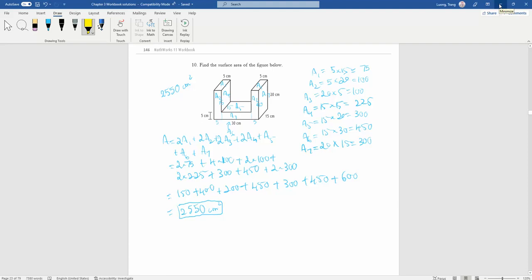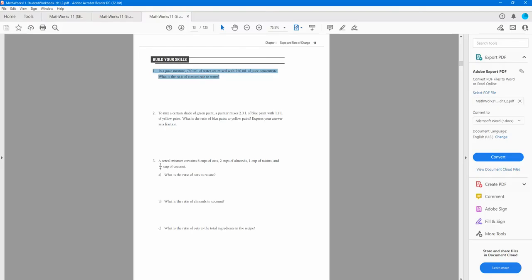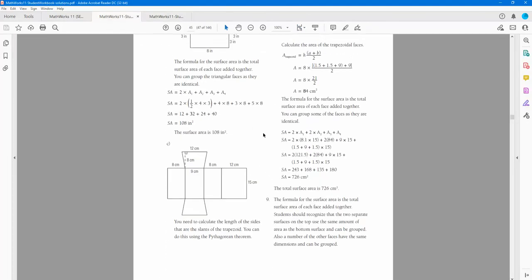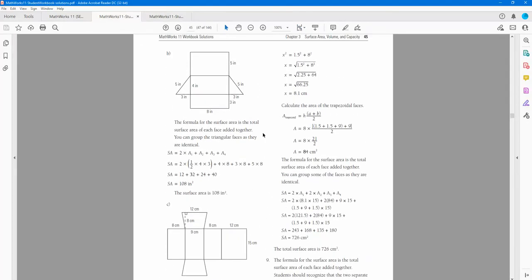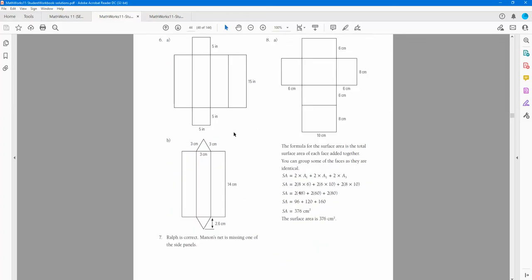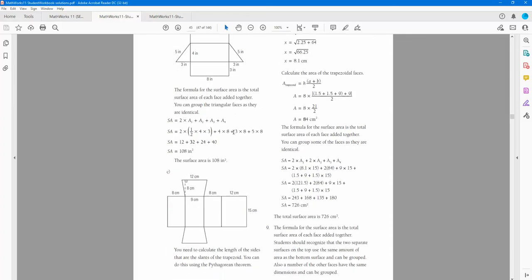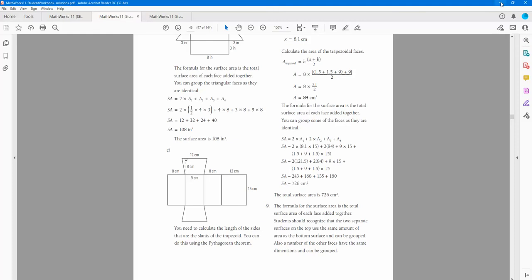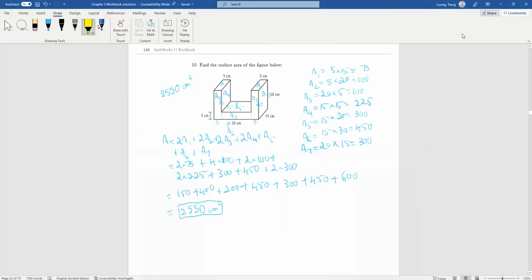Alternatively, if you're not comfortable with the drawing tablet, you can always show them the solution. I send you the solution. This is the solution. You can share it with them and explain to them how to get the answer. This is another way, but I know sometimes you want to explain by writing it out. So this is it, a little tutorial about the